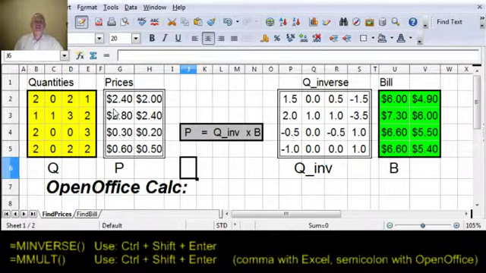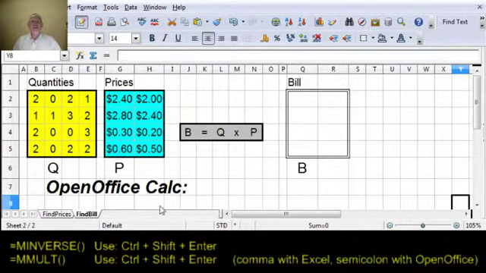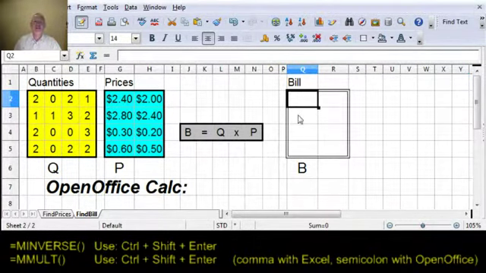So lastly, to finish up this demonstration with this session, let's suppose we had our quantities matrix and we had our prices matrix and we wanted to calculate the bill. Well, this is an easy one. All we need to know is we're going to multiply Q times P to get the bill. So I'm going to go to the cell where I'm wanting to put the answer, and I'm going to type in equals